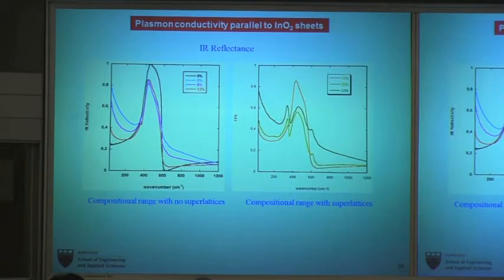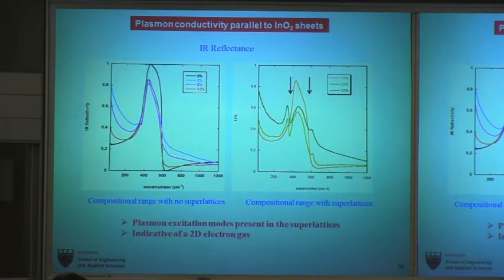We can also do some IR reflectance. And what we observe is that if we have compositions with lower indium than is required to form the superlattices, we get rather mundane IR reflectivities. But above that composition, you see that there are additional modes, these two here, and they're associated, we believe, with plasmonic